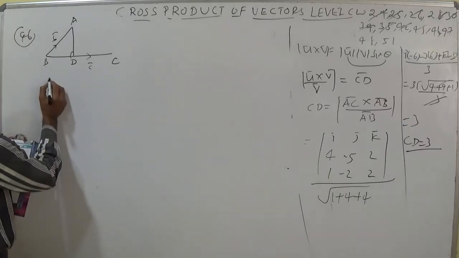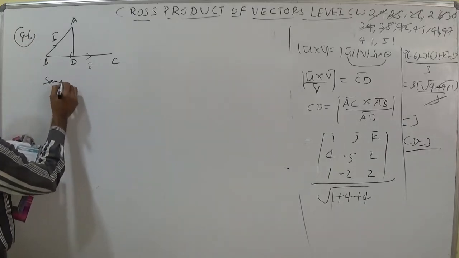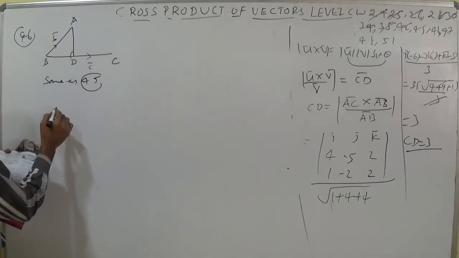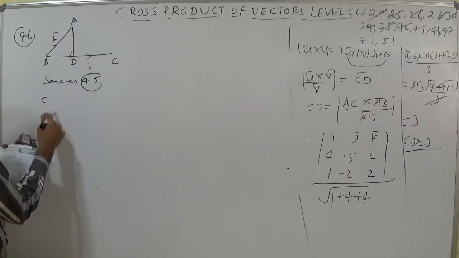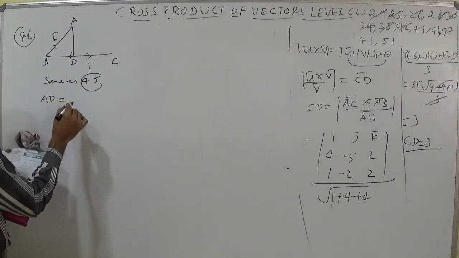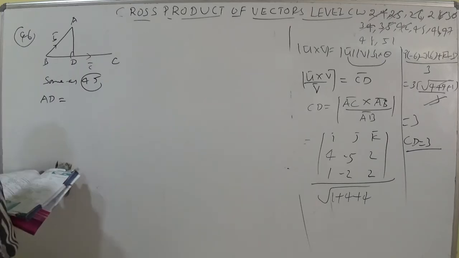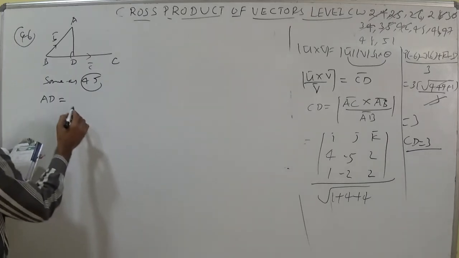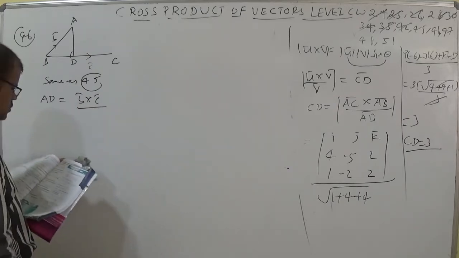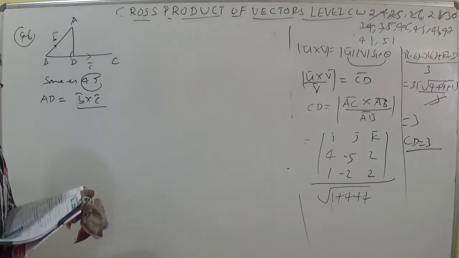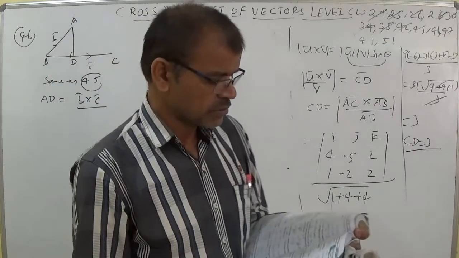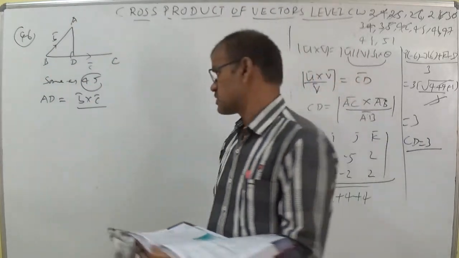So, same as I am writing, same as the 45th question, we can write AD here. The perpendicular from A to D, AD is equal to, what is the value? U cross V means you can write B cross C by, B cross C. How many options are there? Total 4. So the first and second options should not be, the third option should not be, the fourth option should not be. It depends upon the first and second.